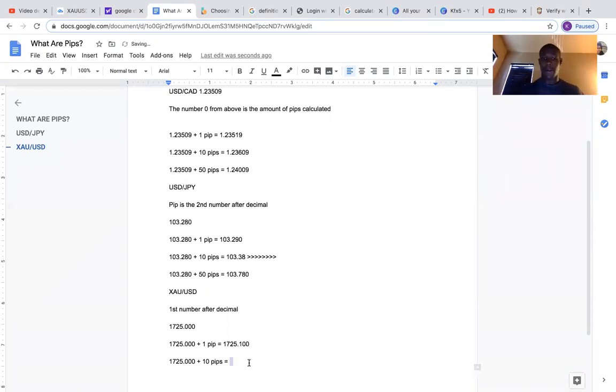1725.00. All right, 10 pips plus 10 pips, so 1725, it will actually be 1726. Boom, that's 10 pips right there. 1725.000 plus 50 pips, that will equal